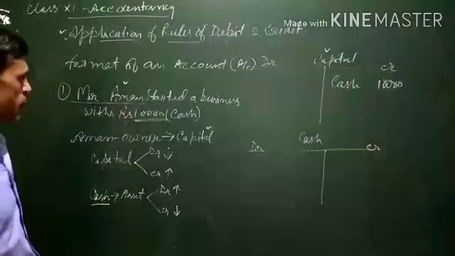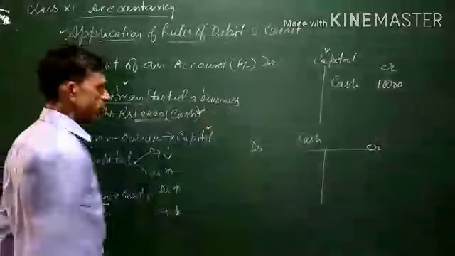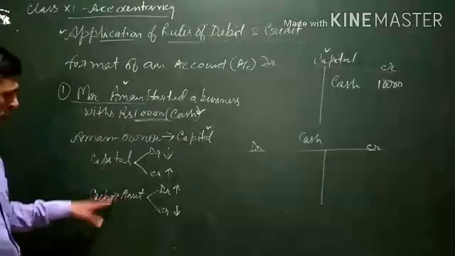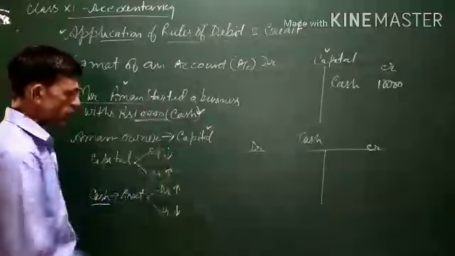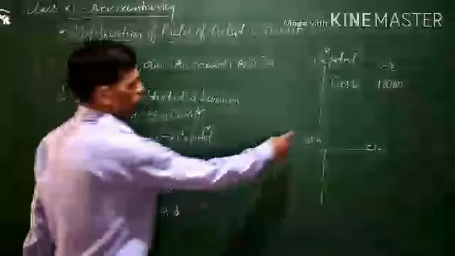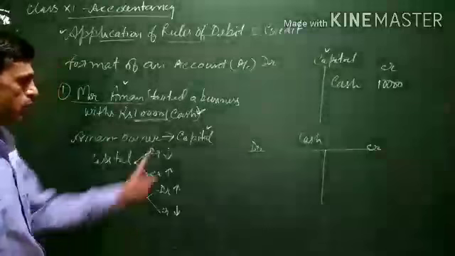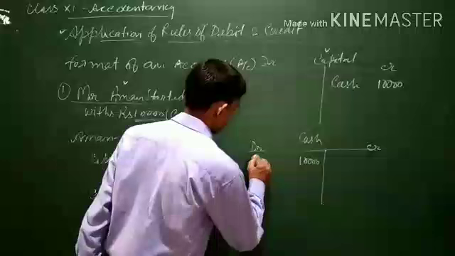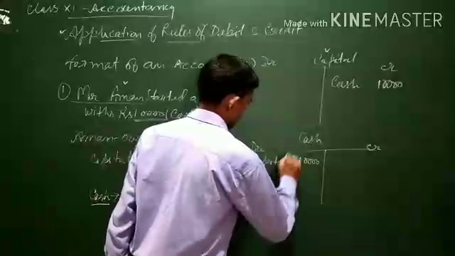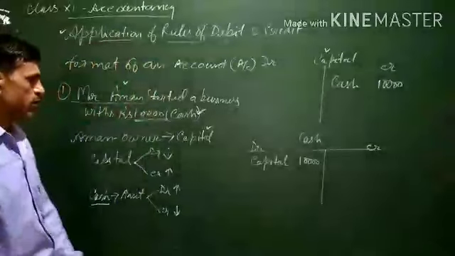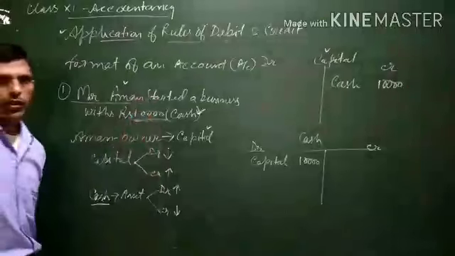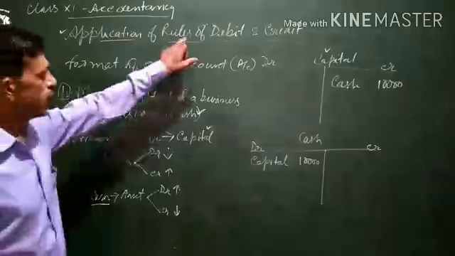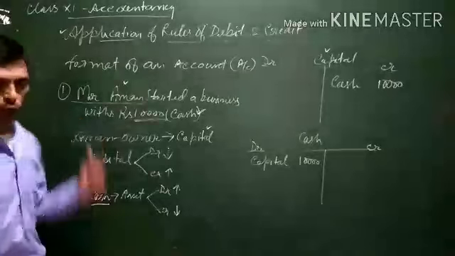So cash is coming into the business because Mr. Aman has brought 10,000 cash. So cash is an asset, and the rule for asset is what? For increase it is debit. So when we prepare the cash account, we will be writing on the debit side 10,000 capital. This is how we record this transaction in the account following the rules of debit and credit. Let us take some more examples.